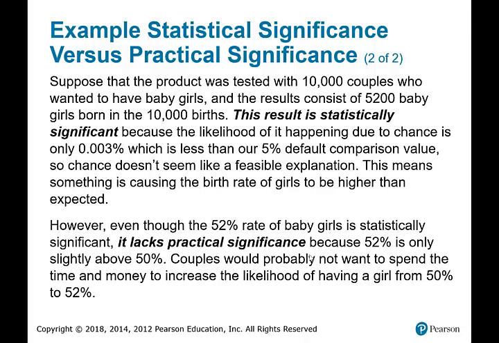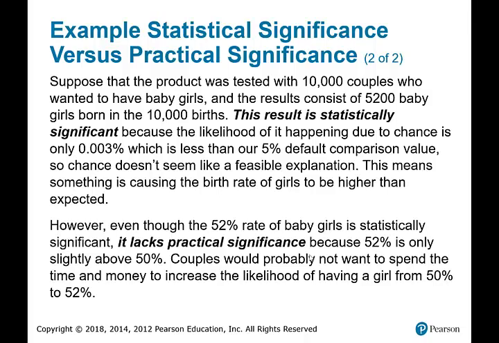But if you think about 10,000 births, remember, as the number of births increases, that numerator may take on a different significance level in relation to the denominator, the total number of trials. So we would have expected about 5,000 out of 10,000, but we ended up with 5,200 out of 10,000 births that are girls. When you find the probability of having 5,200 girls out of 10,000 births, the number is 0.003%, which now we're going to use that 5% mark.